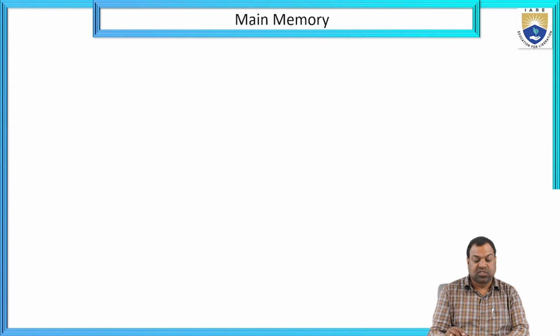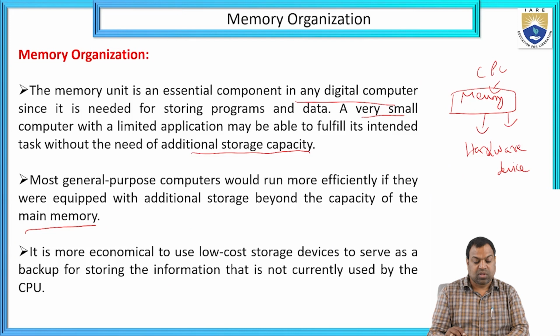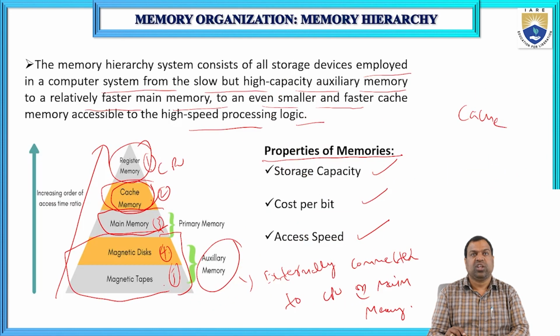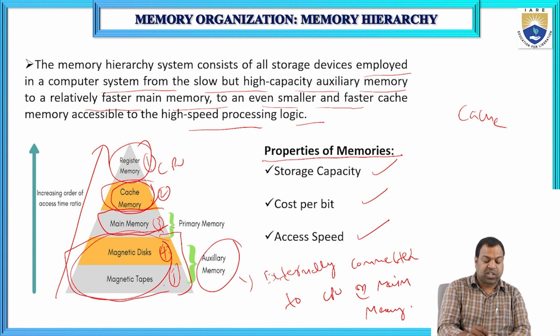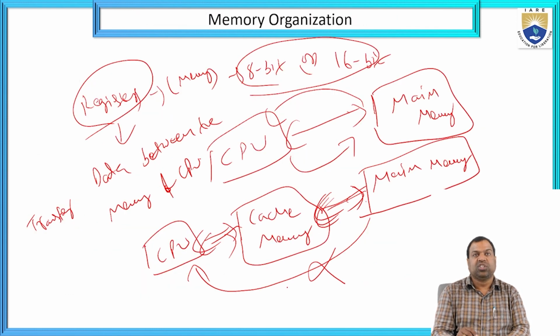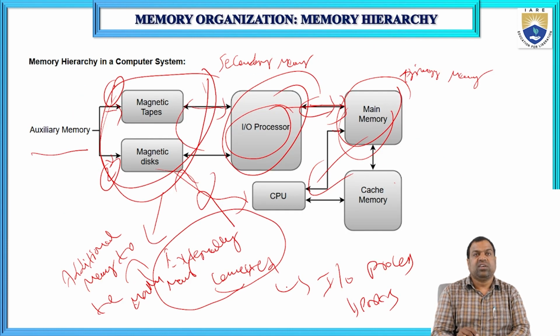So up to now we discussed memory organization. There are two types of memories: primary memory and secondary memory. Magnetic tape and magnetic disk are the secondary or auxiliary memory. These are the types of memories: register memory, cache memory, main memory, magnetic disk, magnetic tape. Magnetic disk and magnetic tape are secondary, and main memory is the primary memory. Cache memory is connected in between the CPU and main memory. So registers pass the data between the memory and CPU,